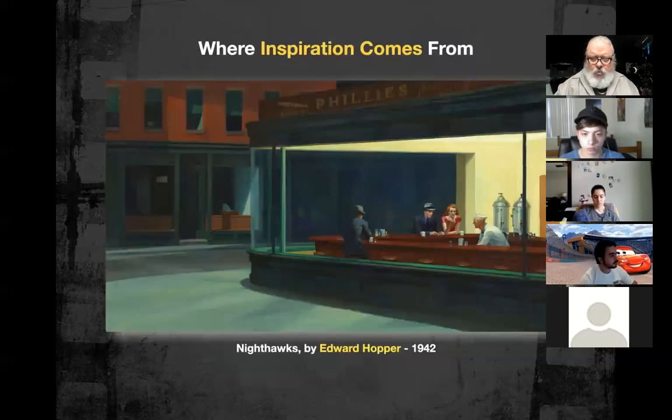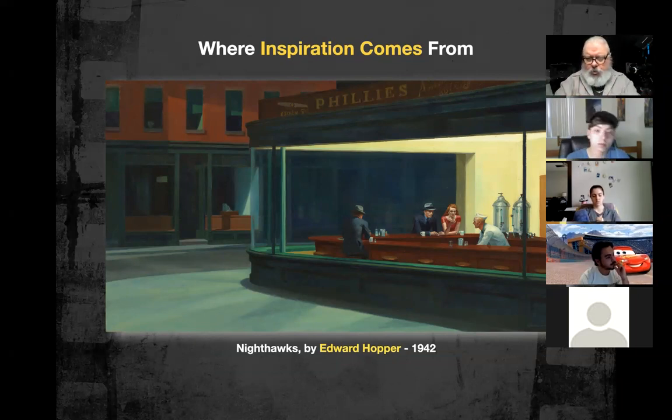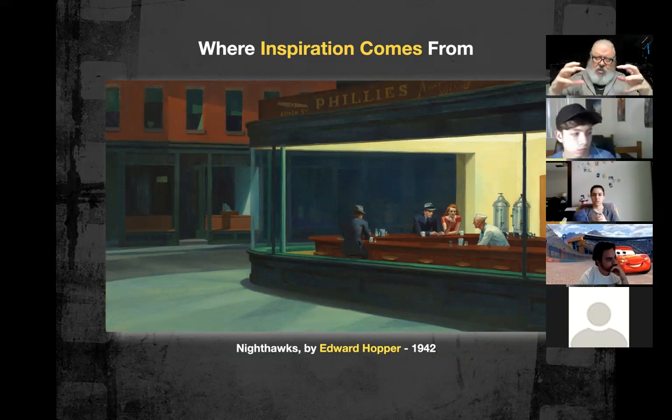And then here's Edward Hopper. This is a sense of a little bit more broader lighting scheme. So this is an environmental concept here. We have some central characters going on in the diner, but we just have this sense of the